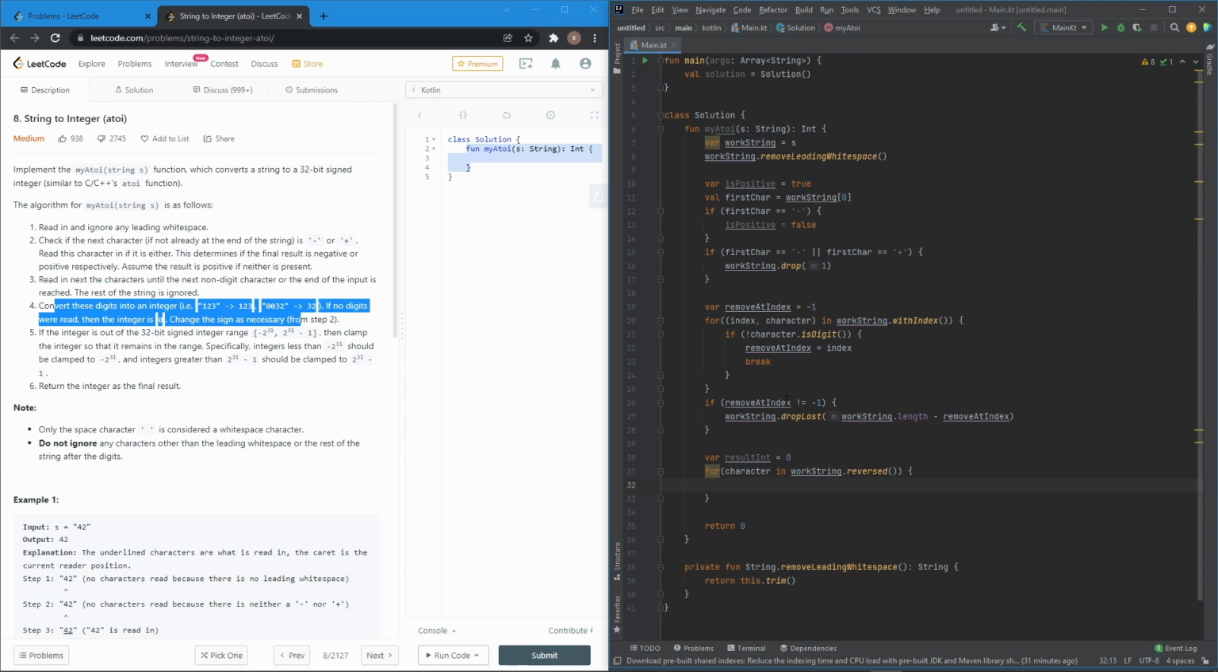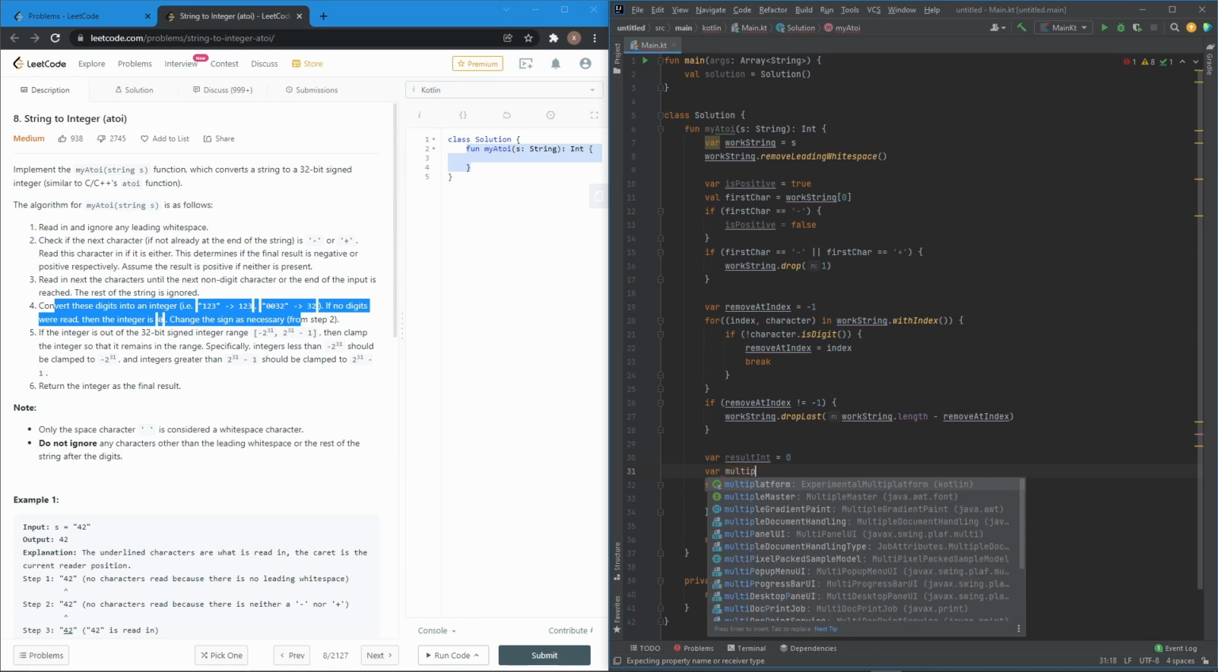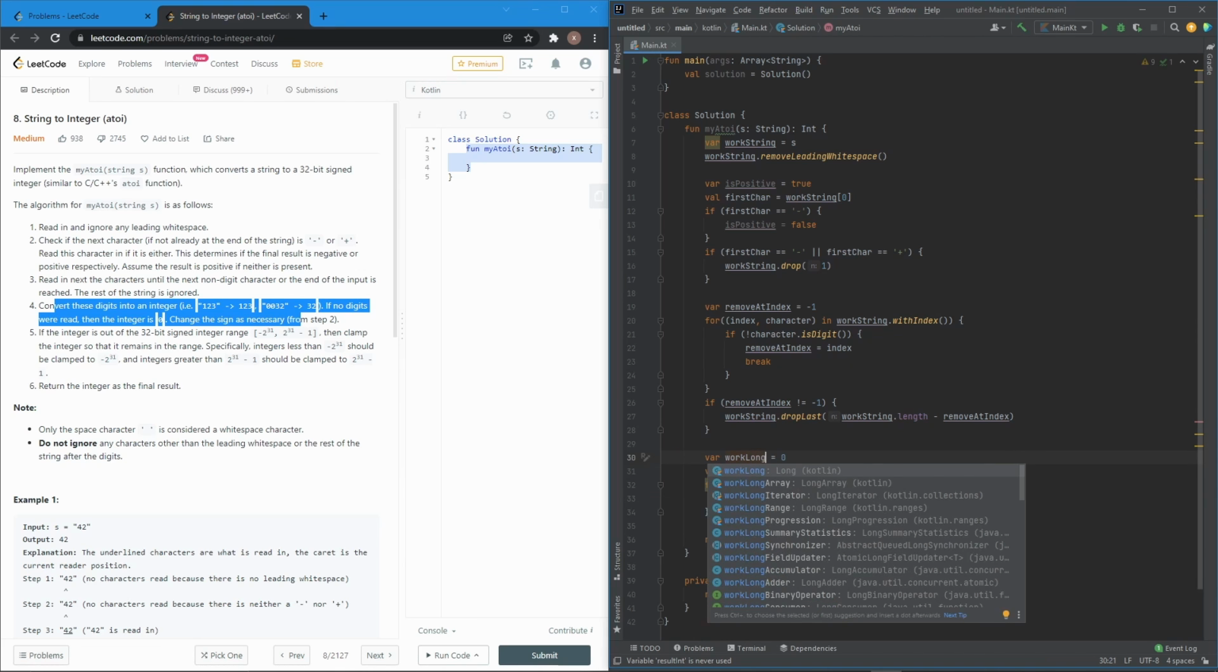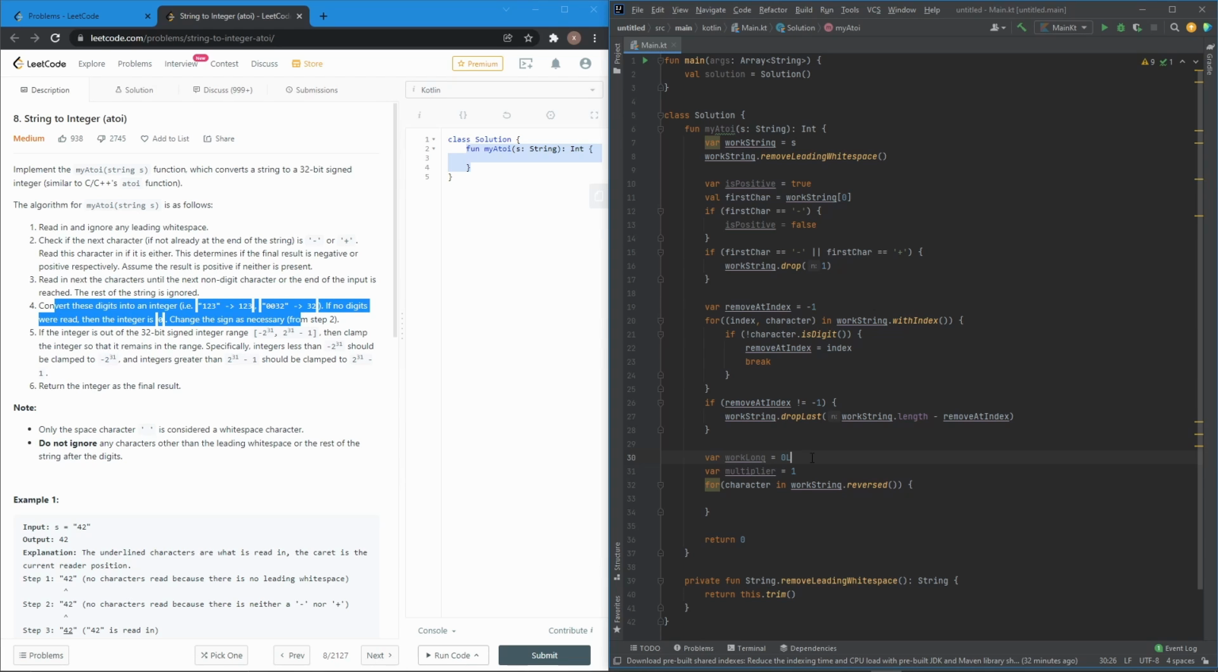So we're going to reverse it. And so at the start here, we're going to say also that the multiplier is equal to 1. And what we're actually going to do, let's have this be workLong. And this is going to be a long. So the reason why I'm using a long